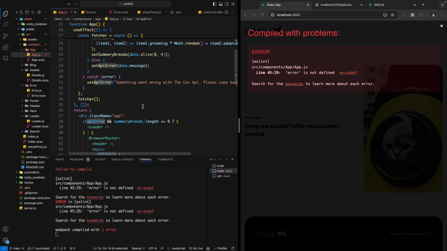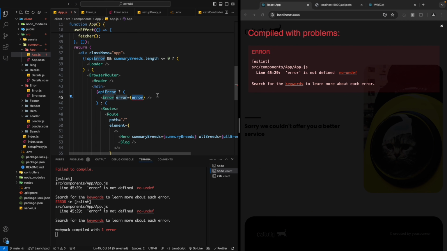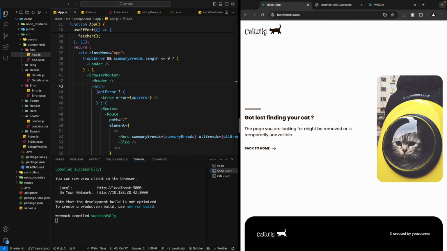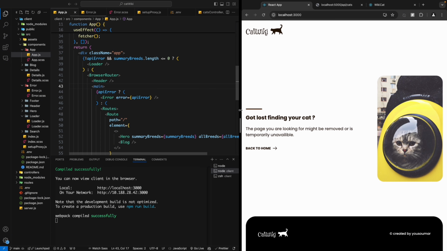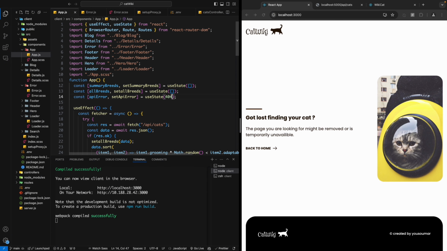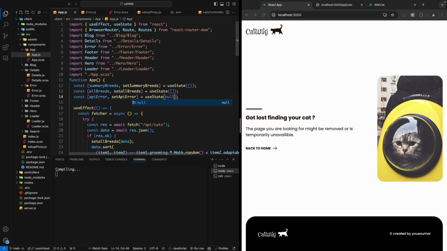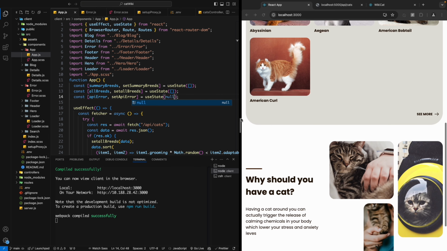Yeah, it's called API error, like this. So now when it's a 404, we have a more friendly message that asks us to go back to the home page. And just let me remove it for now. It's going to be a null like this. So yeah,